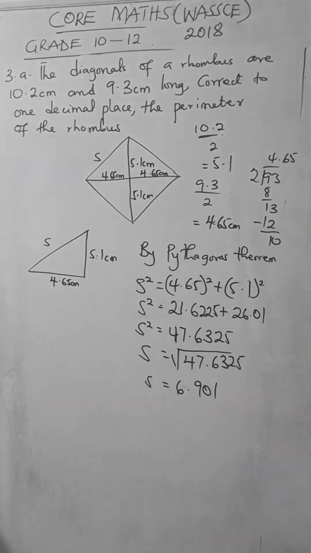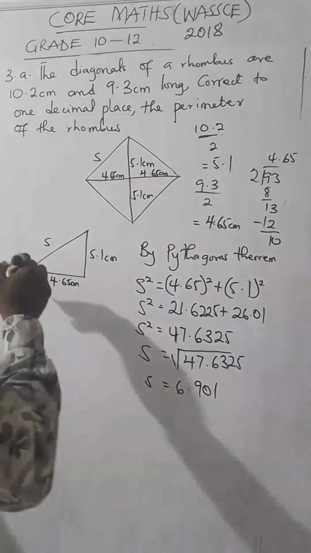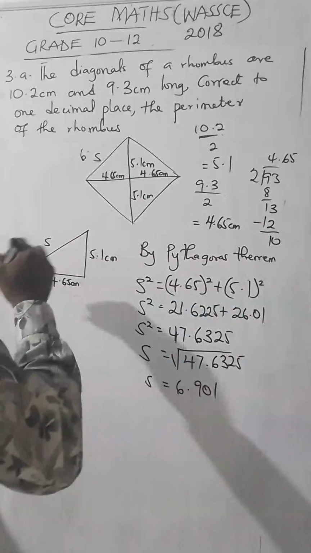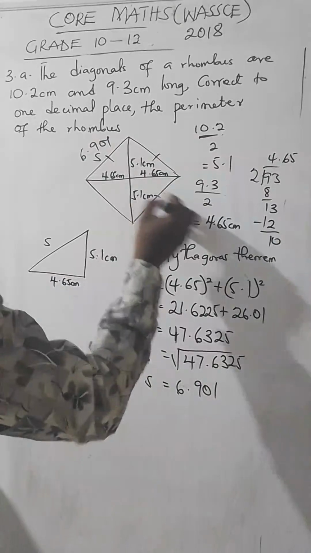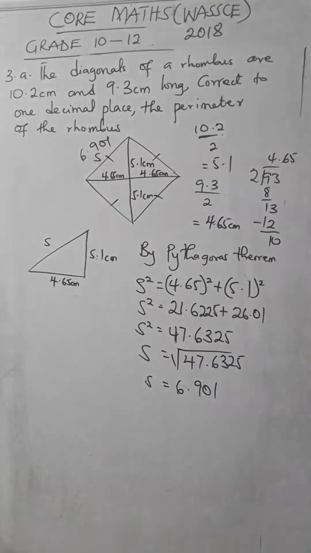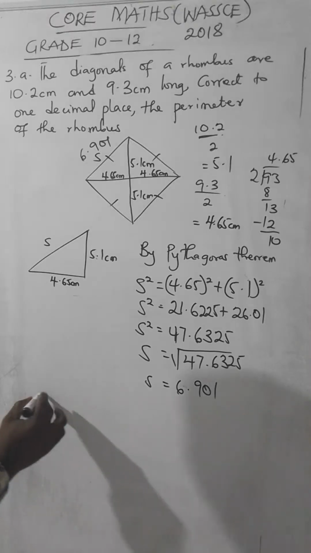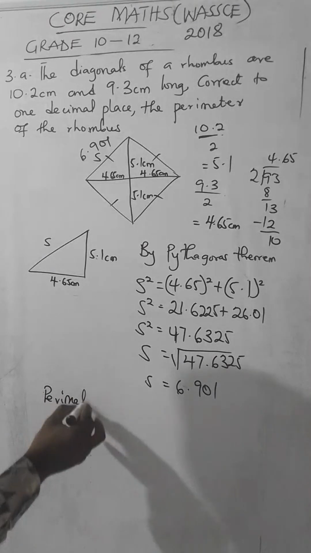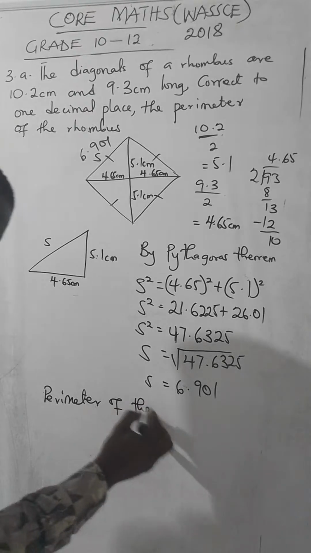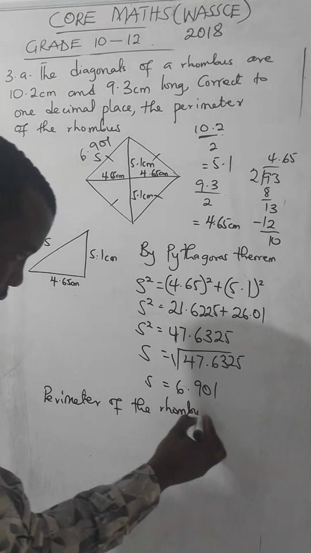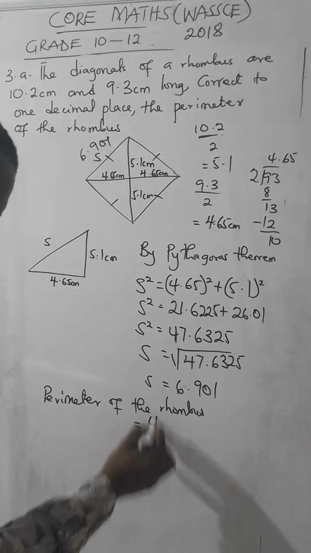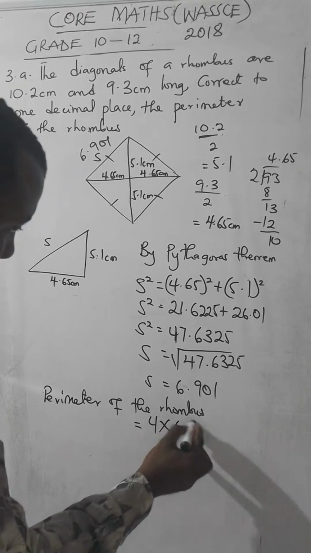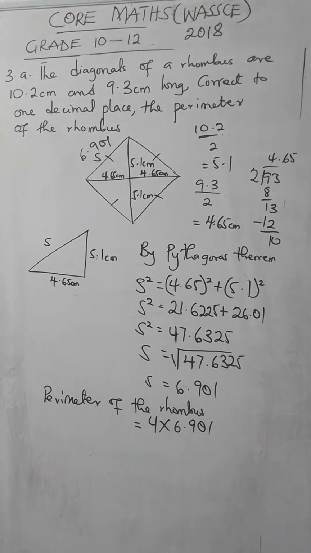6.901. Right. So to find the perimeter, if this side is 6.901, it means all the sides are the same. For rhombus, all the sides are the same. So the perimeter of the rhombus will be 4 times 6.901, which will give us